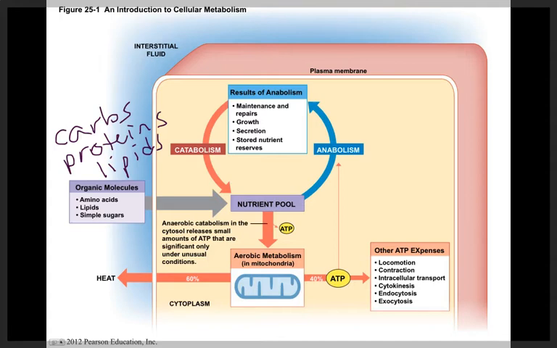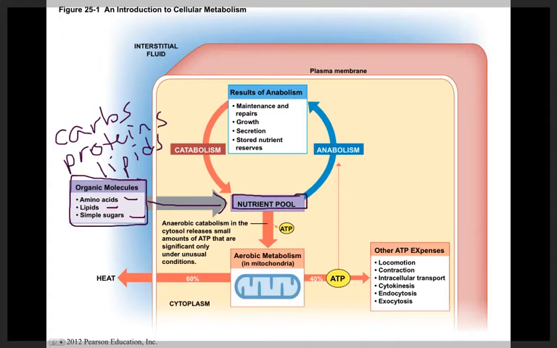into the body. And then these smaller substances, these monomers, are the amino acids, lipids like fatty acids and monoglycerides, as well as simple sugars like monosaccharides such as glucose. These organic molecules then will be transported into a cell and will combine in the cell's nutrient pool. Now, once these amino acids and lipids and monosaccharides are in the nutrient pool, one of two things can happen